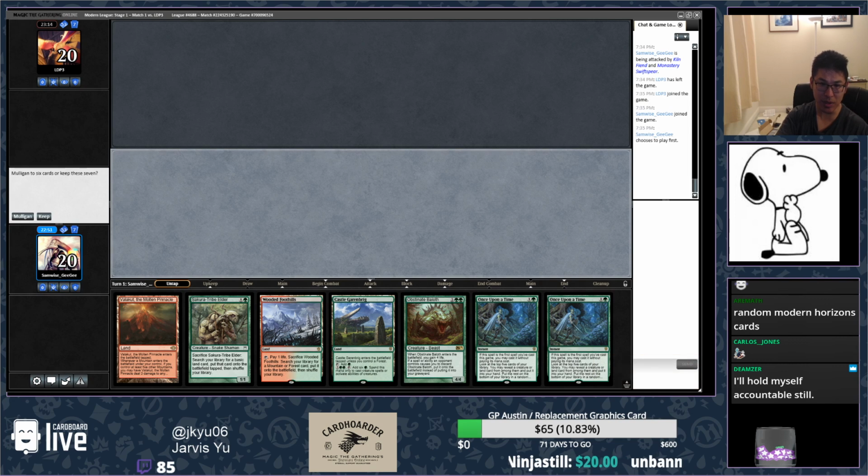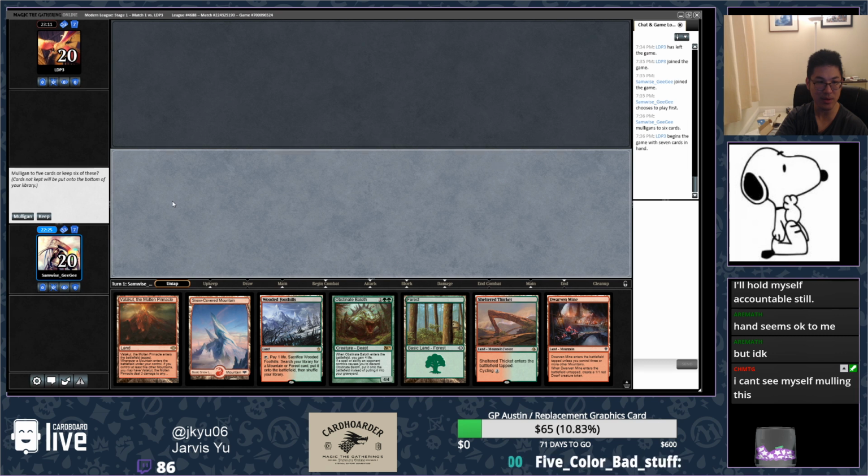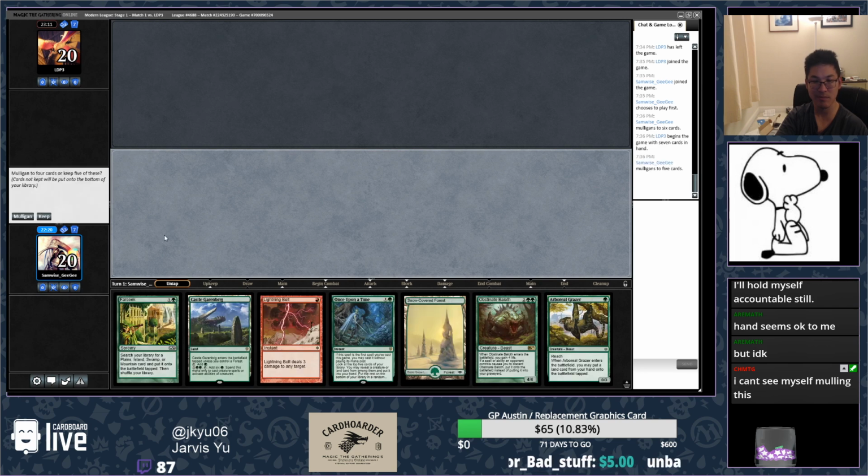This has a turn 3 Obstinate Baloth. But is that good enough? I don't really have a very good follow-up, I think. So I think maybe I'm supposed to mulligan. Yeah, I think I'm just gonna ship it. I think I can do better. This hand is awful, though. Maybe I should have kept the first one. Maybe I was just wrong. Alright, this seems fine on 5 cards at least, so...